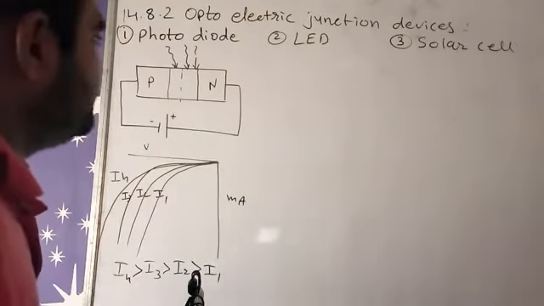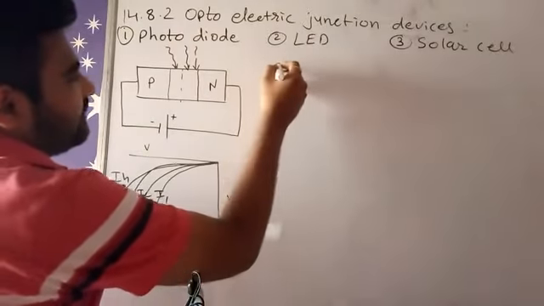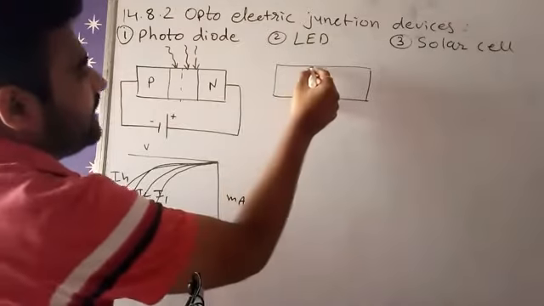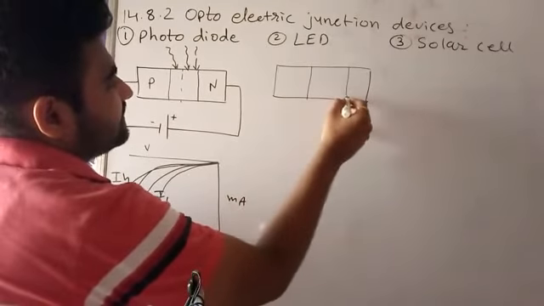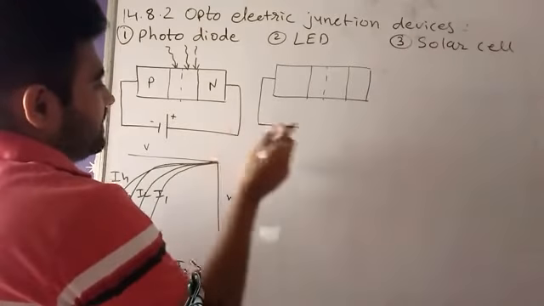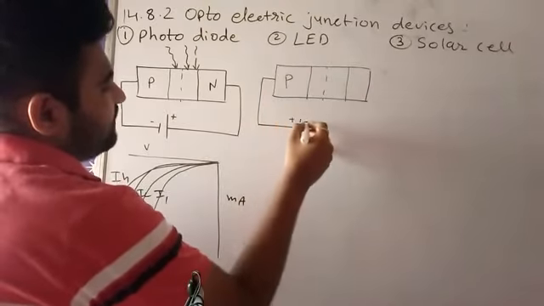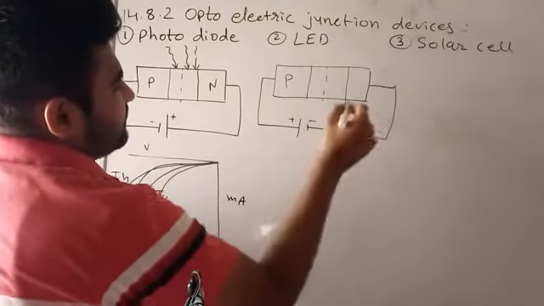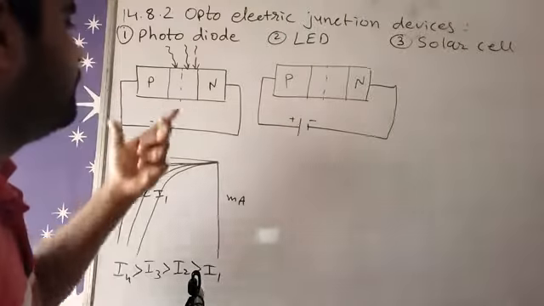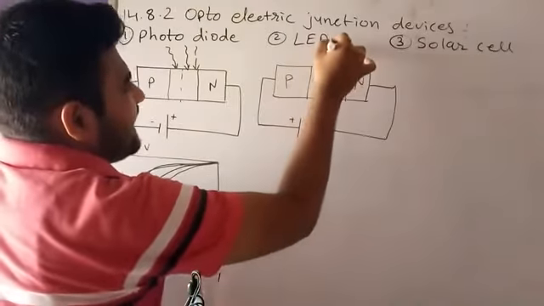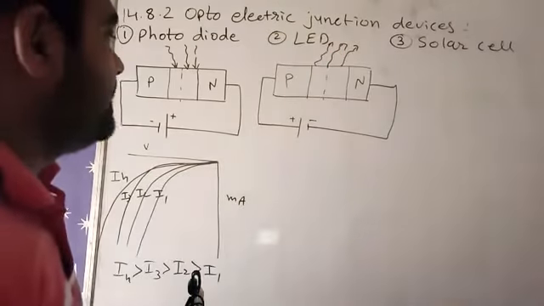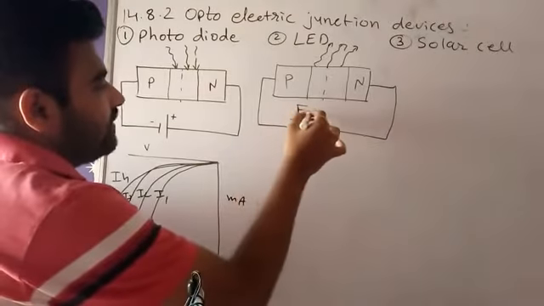Second, the LED. Now an LED is also nothing but one PN junction diode. It is similar to the photodiode, but with one change, and that change is in the terminals. Positive should connect with positive and negative should connect with negative. So that is the LED. Now, exactly opposite of the photodiode, here we get light out of this window. Here we put it in forward bias.